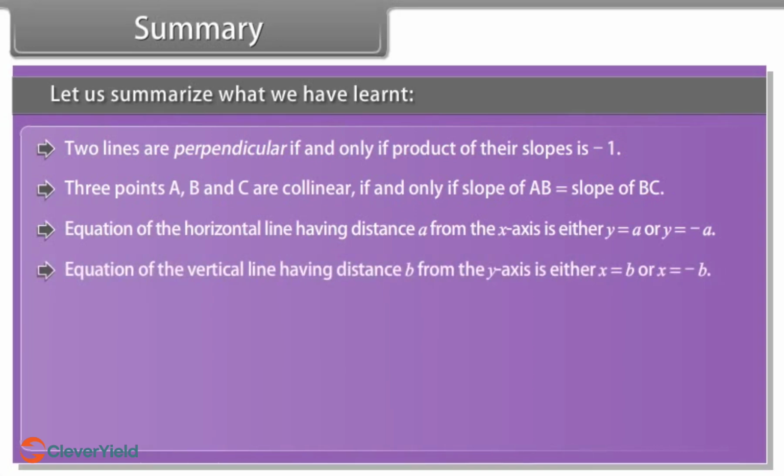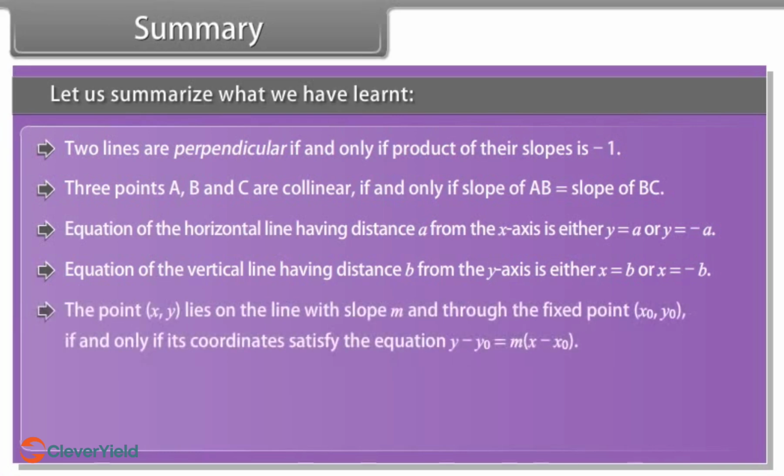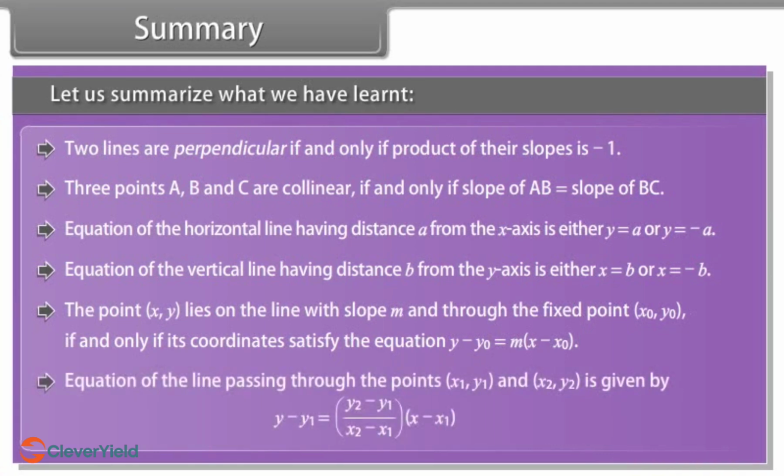Equation of the vertical line having distance b from the y-axis is either x is equal to b or x is equal to minus b. The point (x, y) lies on the line with slope m and through the fixed point (x0, y0) if and only if its coordinates satisfy the equation y minus y0 is equal to m into (x minus x0). Equation of the line passing through the points (x1, y1) and (x2, y2) is given by,